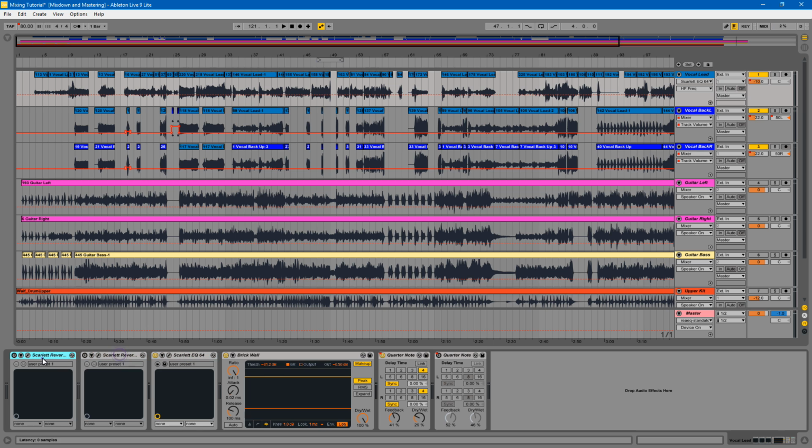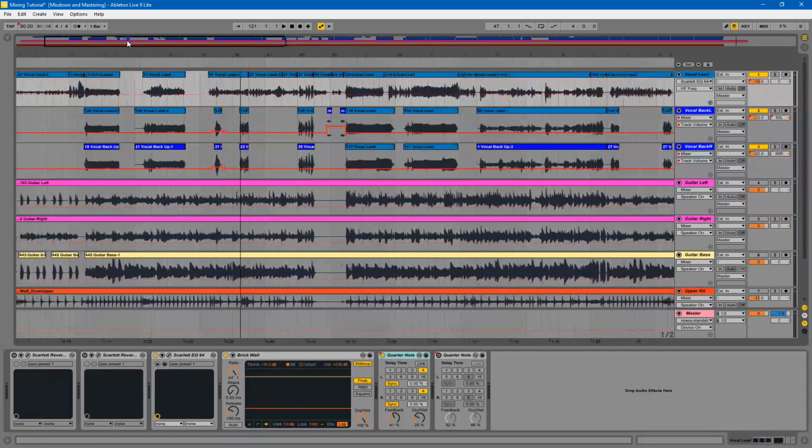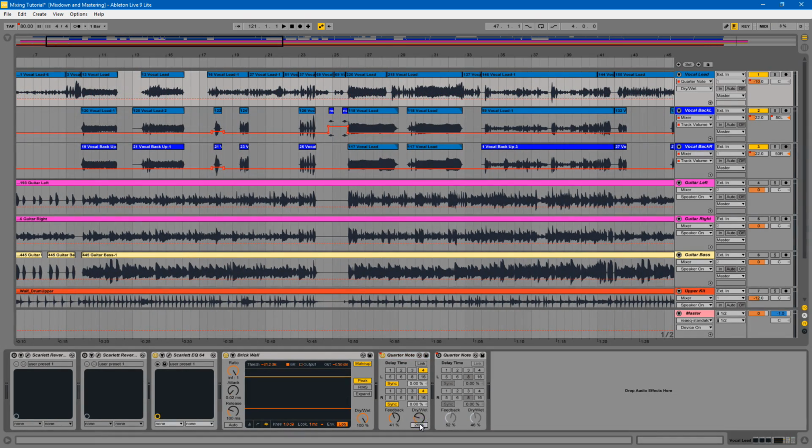I also don't use reverb, because you definitely don't want completely dry vocals unless it's a particular effect you're going for. You definitely want some kind of reverb-like ambience on the vocals. I don't use reverb anymore. I use delays. I think delays sound way cleaner, and this is going to be a little too wet,